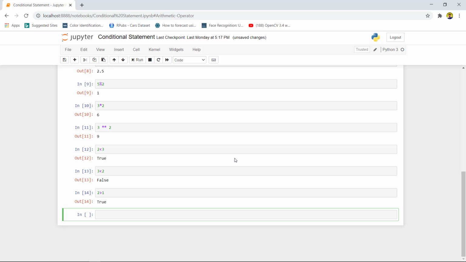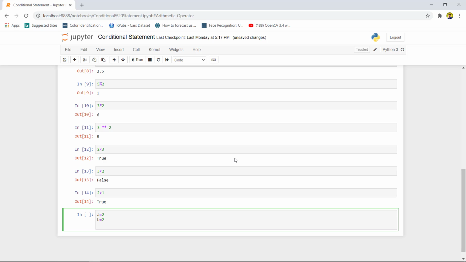Now there are more comparison operators, like if you want to check 2 equals 2. Suppose there are two different variables. Taking the example a equals 2 and b equals 2, now we have to check whether a equals b or not. We will use the equals to operator.